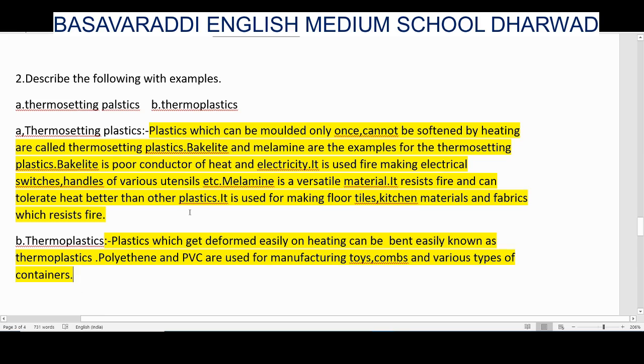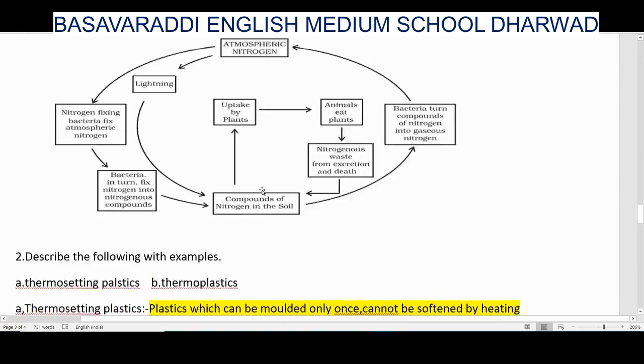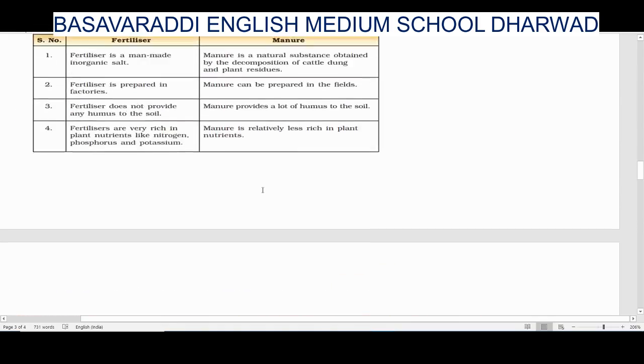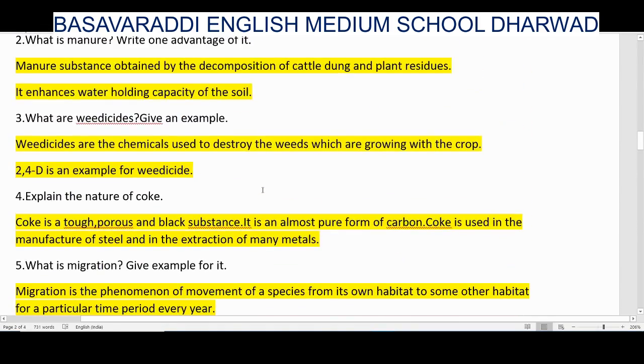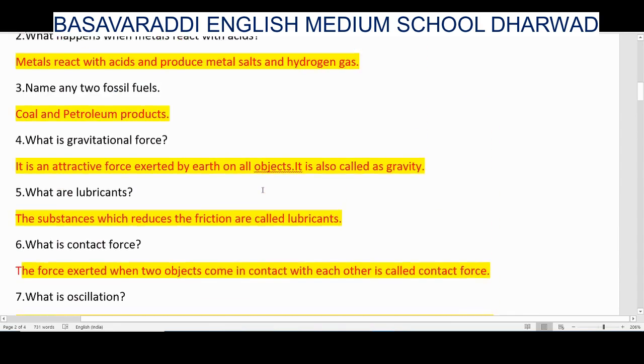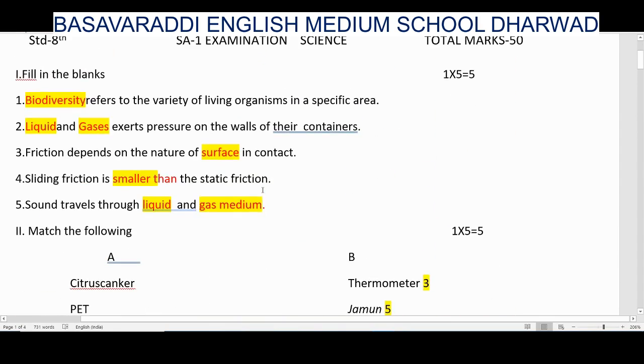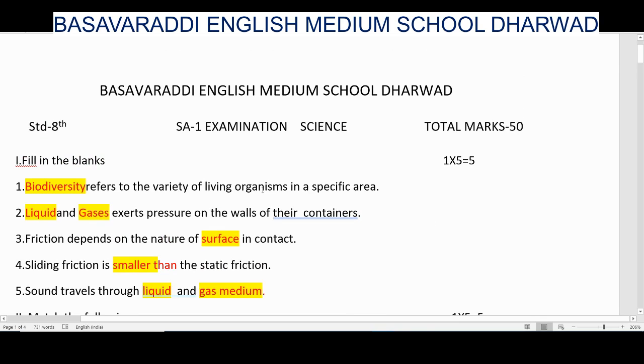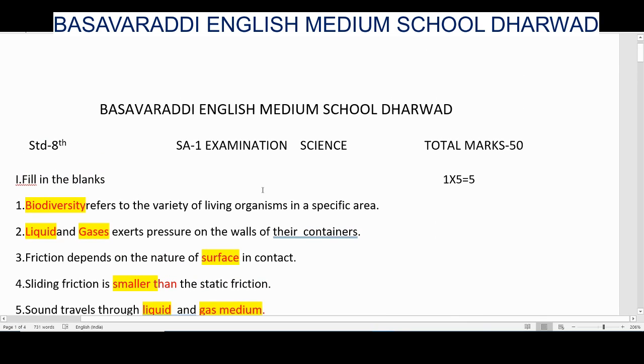So this is the complete SA-1 sample question paper, children. This is how you need to write clearly in the answer sheet. A last instruction I would like to give: whenever you are writing a science or math subject, whenever you are going to draw any figure, you have to draw the figure with a pencil only. There should not be any kind of pen work, even to write the numbers or anything. Please don't use pen, use only pencils.